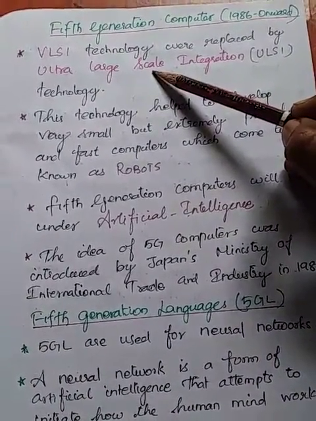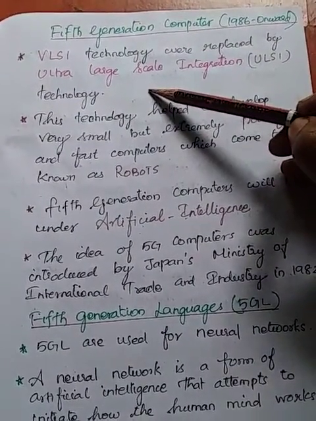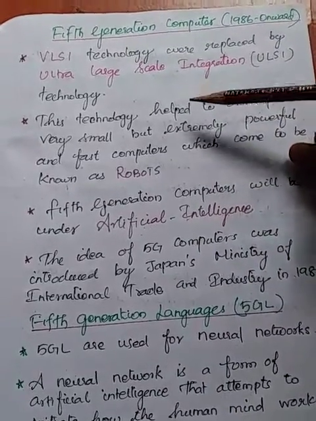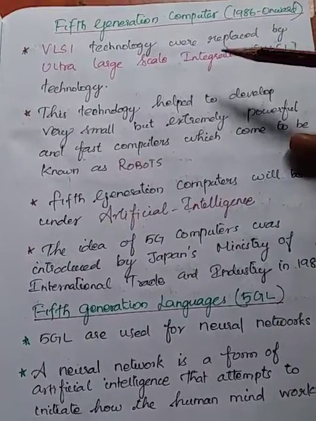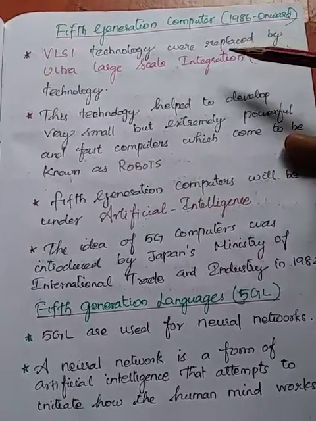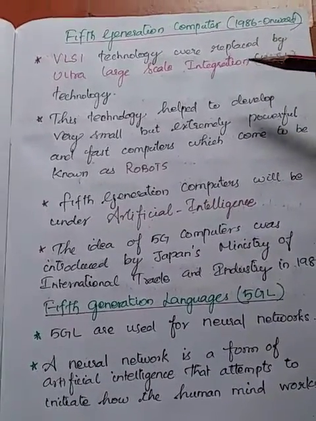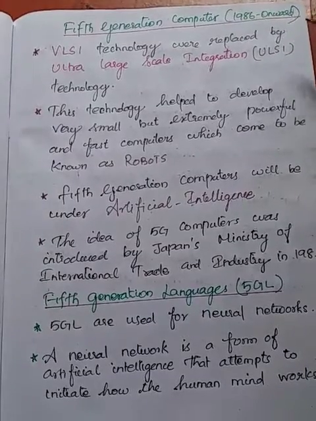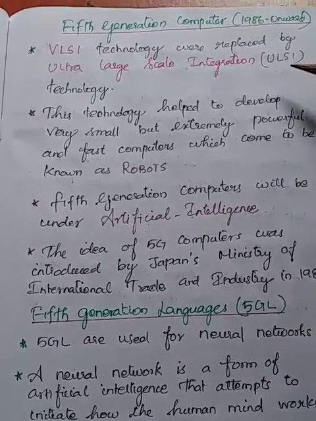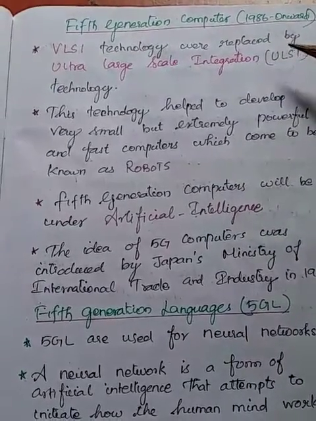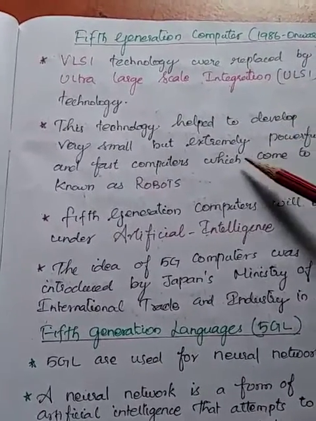The difference in the integrated circuits is that in small scale integrated circuits, a few transistors are used. Next is medium scale integrated circuits, where hundreds of transistors are used. Next is large scale integrated circuits, where thousands of transistors are fused together to form a single IC. And in ultra large scale, tens of thousands of millions of transistors are fused to form these integrated circuits.